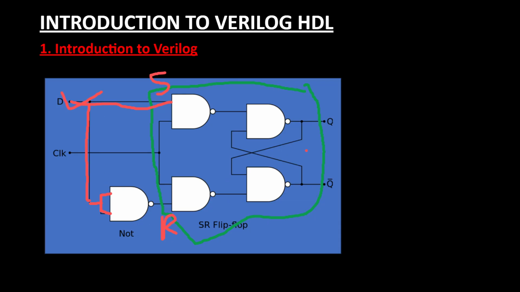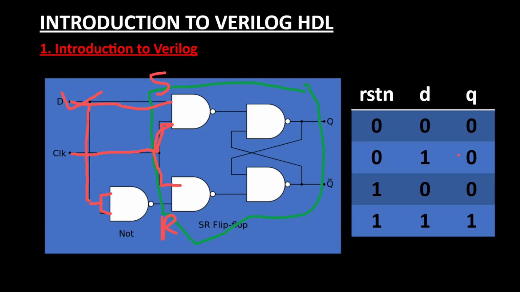We will get the functionality of the D flip-flop. So we are going to apply the clock. If you take the truth table, we have a reset, where we apply the reset. I forgot to draw it, the reset. There will be a negate over here, a bubble. Why? Because if you look at this truth table,